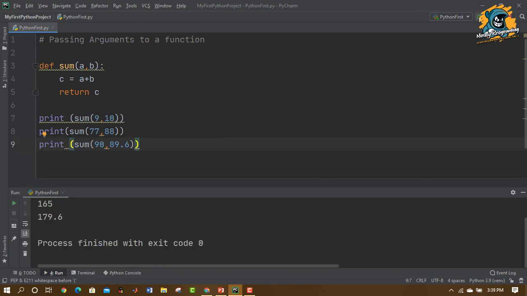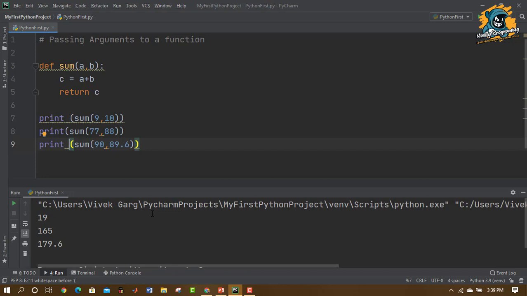Okay, so what we basically did here is, in the previous code we were passing something from the outside to the function and printing it there only. Like here was the print statement inside the sum function. But now we are calculating the sum of a and b inside the function, but not printing it inside the function.